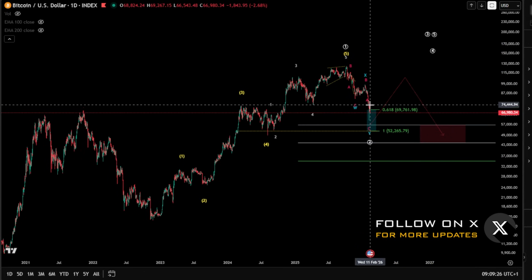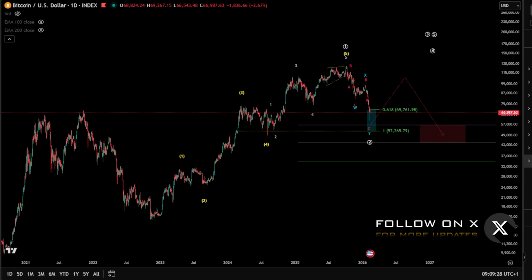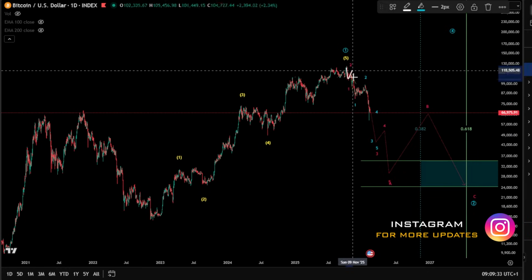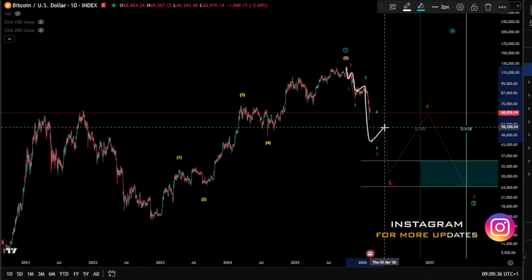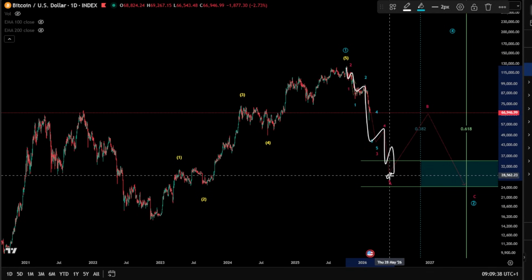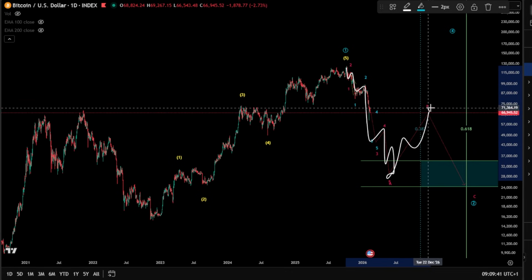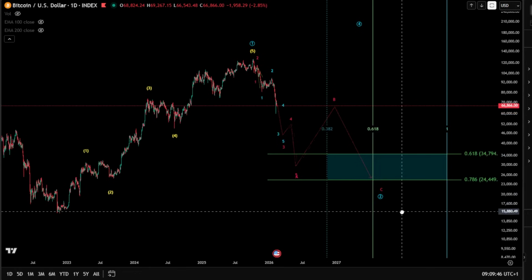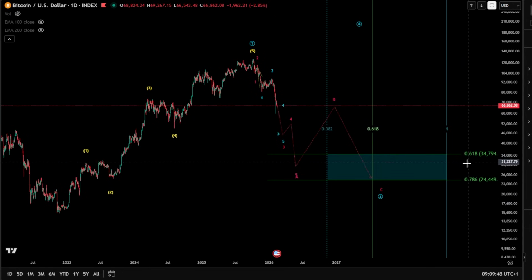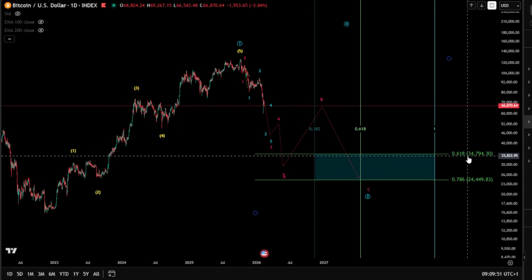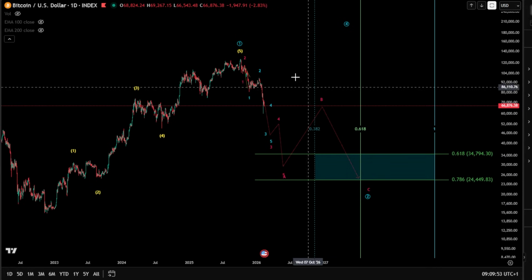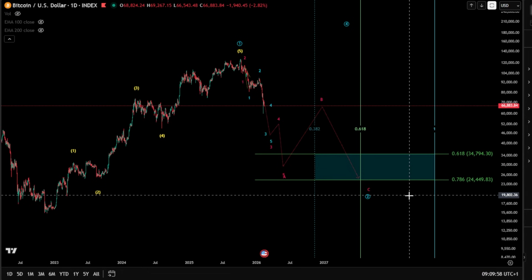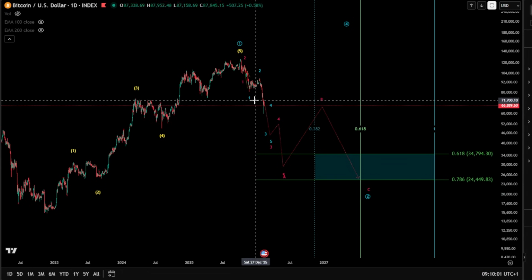Now in case we dive very, very deep here and we go into a wave 3, deep wave 2, that means we are in double 1-2 here, wave 3 and then 4 and a 5 to unfold, finishing wave A and then having wave B and then wave C later on. We're talking here about the perfect fib level for wave 2 between the 0.618 and 0.786, 35k and 25k almost for Bitcoin. Yeah, so very low range, so it might happen, guys, so we gotta be careful with it.